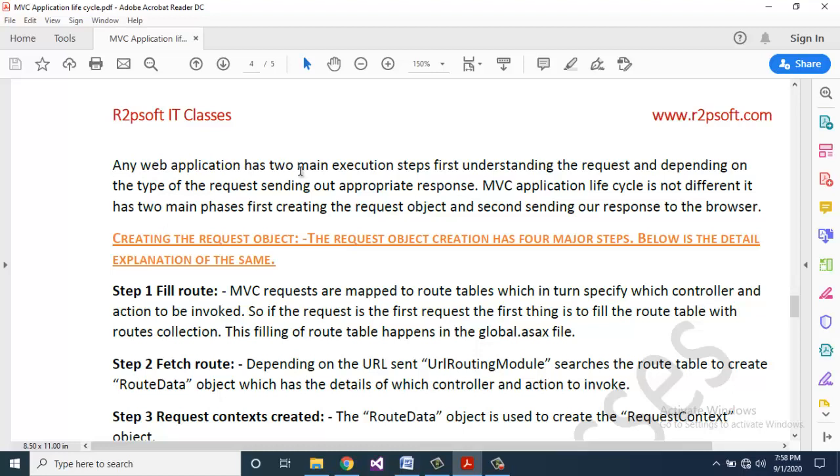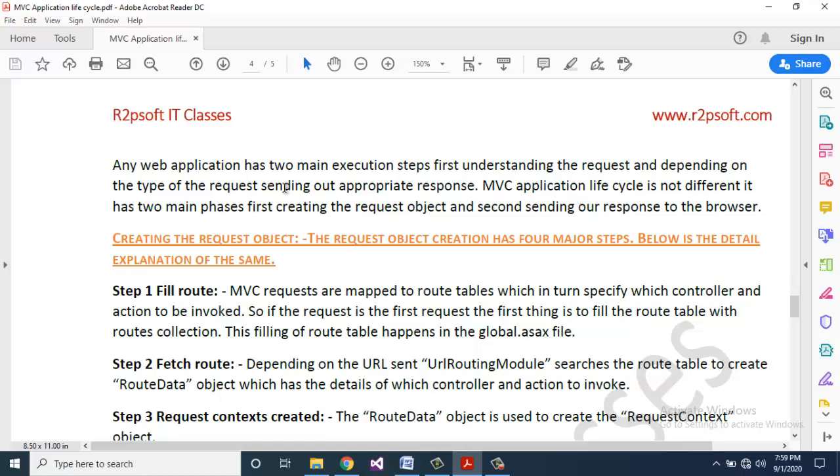Any web application has 2 main execution steps. First, understanding the request, and depending on the type of request, sending out the appropriate response. The MVC application life cycle is not different.